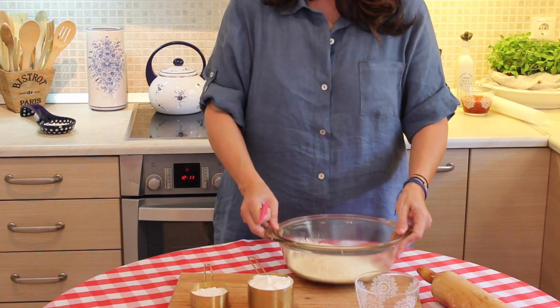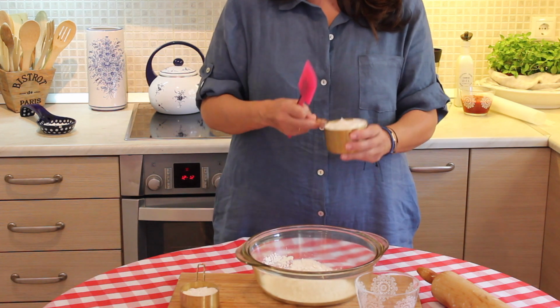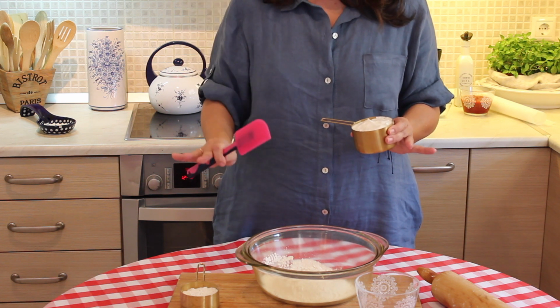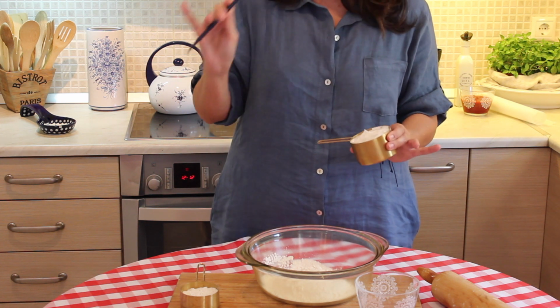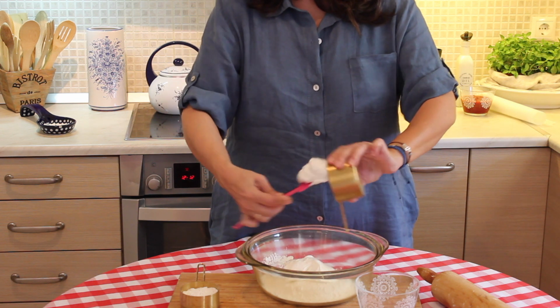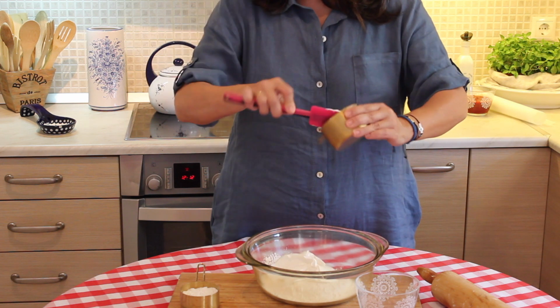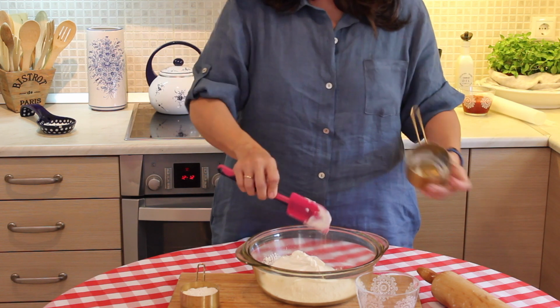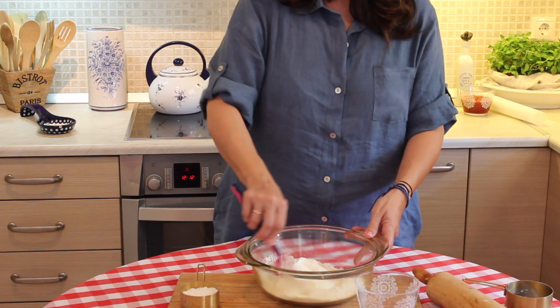Then you're going to be needing 1 cup of Greek yogurt. You can use full fat, you can use the 2% if you like, whatever you want to use is fine with me. So that's 1 cup Greek yogurt, and 1½ cups self-rising flour. We're going to throw that into the bowl, and then we're going to just start mixing it